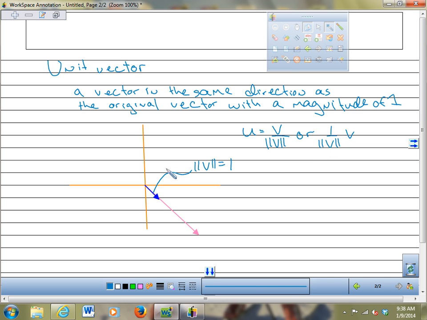So, for example, for v equals negative 1, 4, find the unit vector